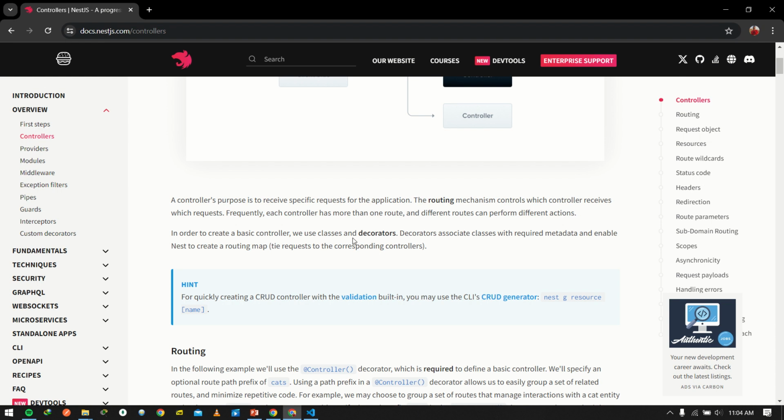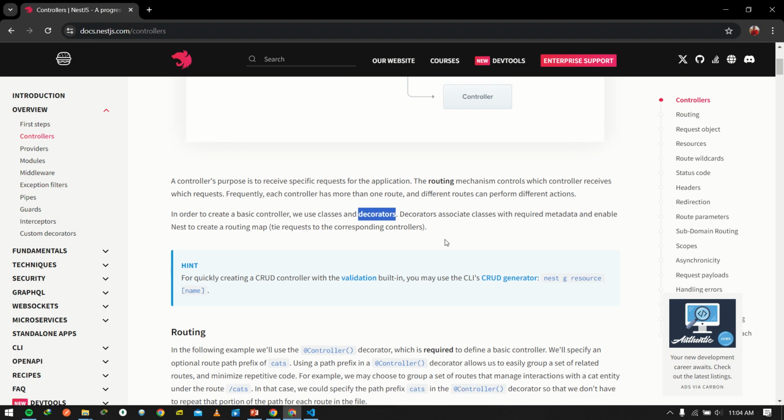There is also the concept of decorators, and here we'll be using decorators. Decorators are simply functions that help our classes or our modules to have extra functionalities. What do I mean by this? For example,